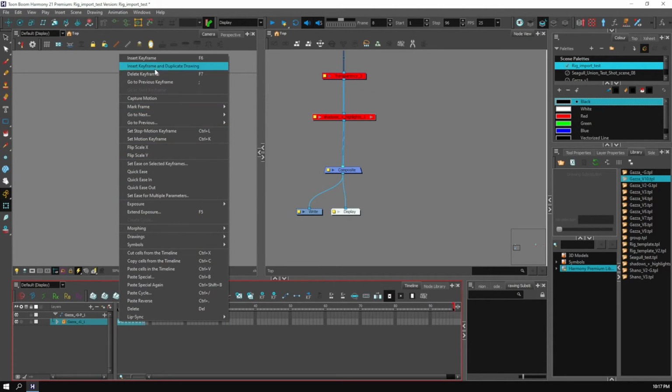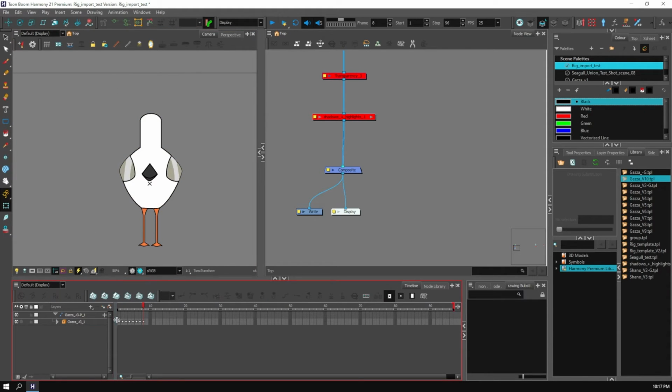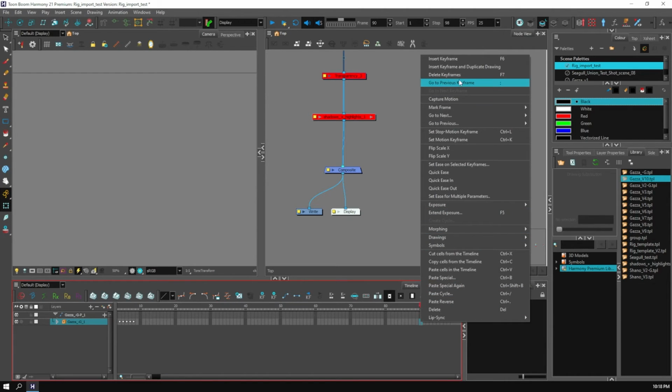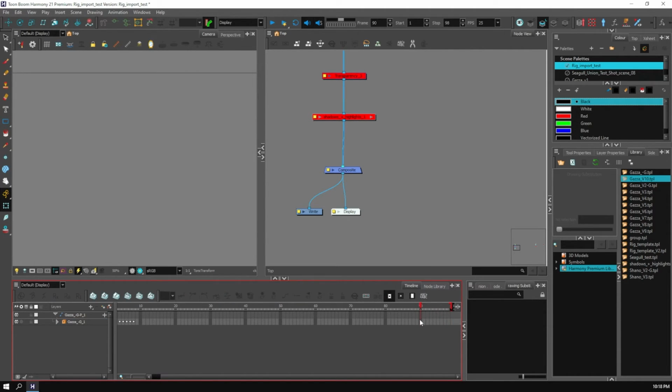You can just Control C them, but I'm pretty sure my copy and paste isn't working. I have to reset them every time I open this program. Anyway, you paste them up here, so you've always got them up here, and then scrub through